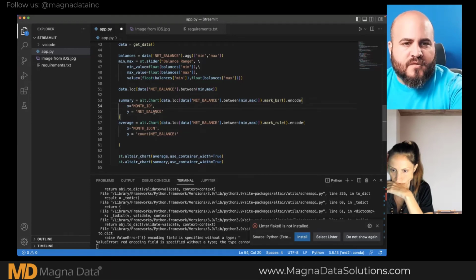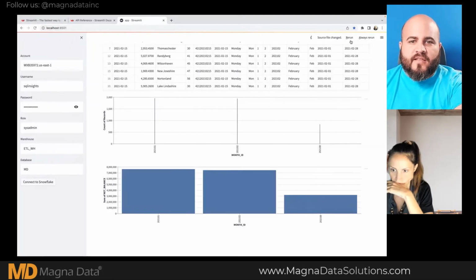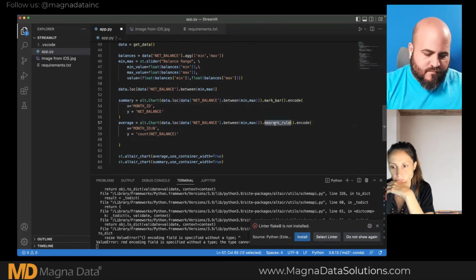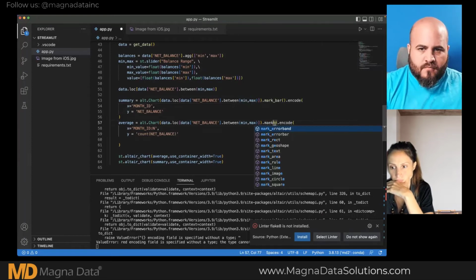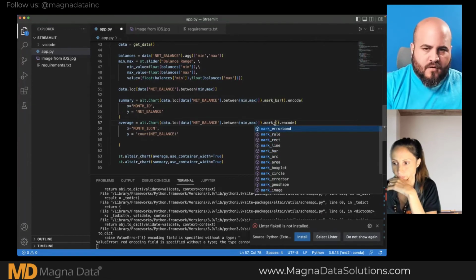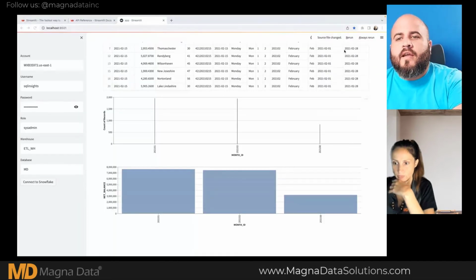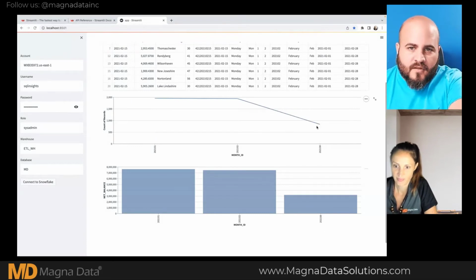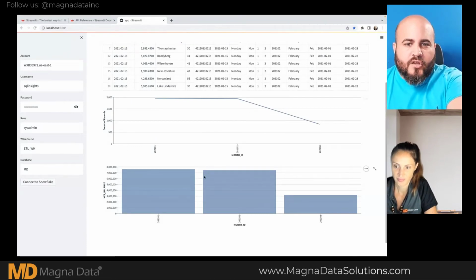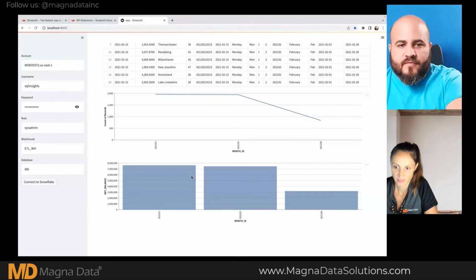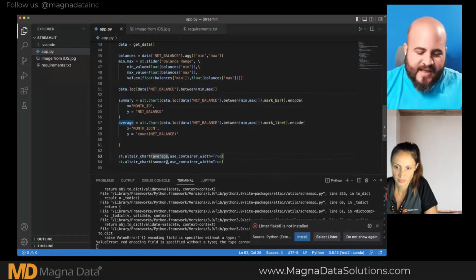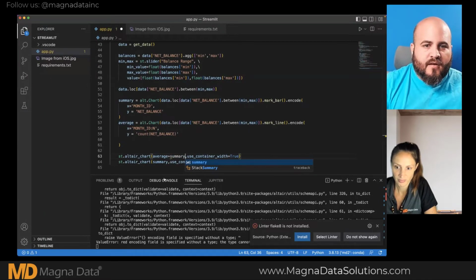Let me just do simple lines without the aggregation. I don't want to do mark line. And yeah, so you have your lines that you can establish here. So you can concatenate this. You could say that you want a line on top of the other one. So if I say average plus summary,